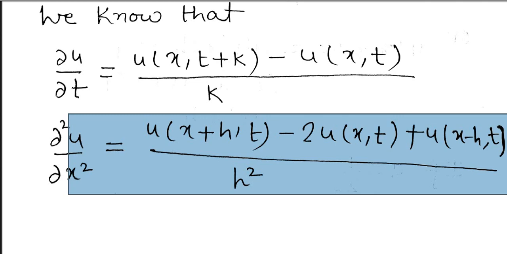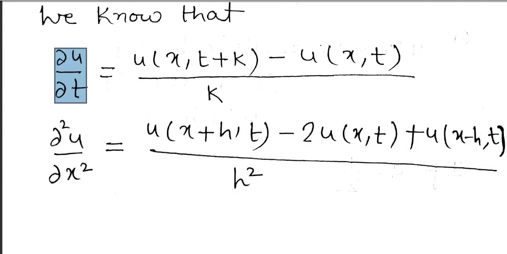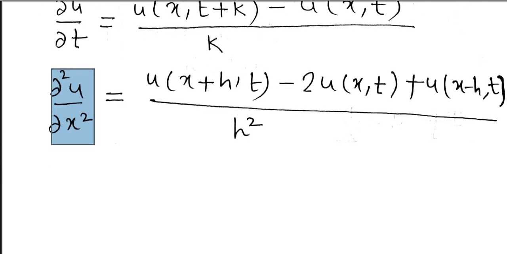If we put the values of del u by del t and del 2u by del x square in the one-dimensional heat equation,